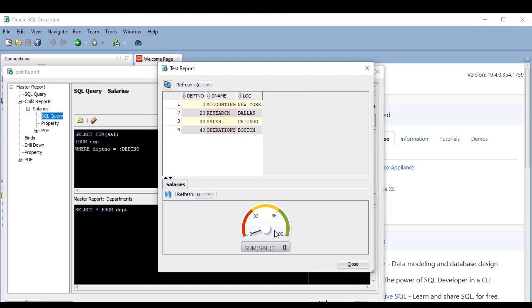Check this out. That dial looks beautiful, don't you think? And when I click on the departments, the value of the dial changes, telling me the sum of the salaries of that department. But, what are these numbers and colors? What do they mean? Well, there are 4 additional numbers you can define for a gauge, which make it provide more context to the value of the gauge itself. In this case, 0 and 100 are the minimum and maximum values, and 33 and 66 are thresholds,